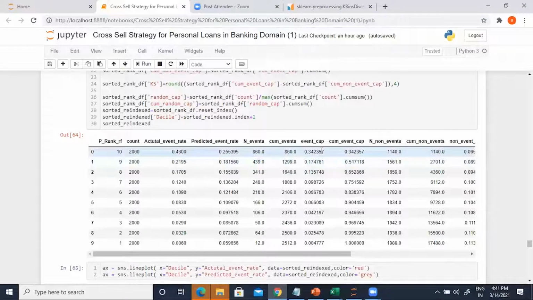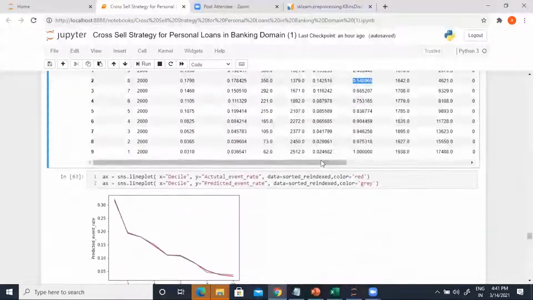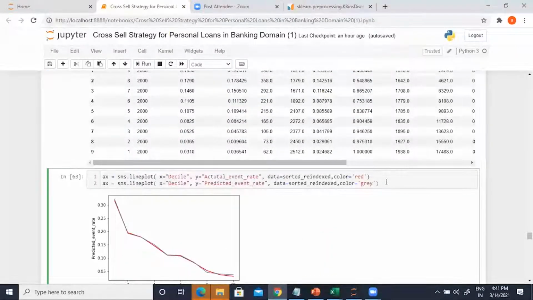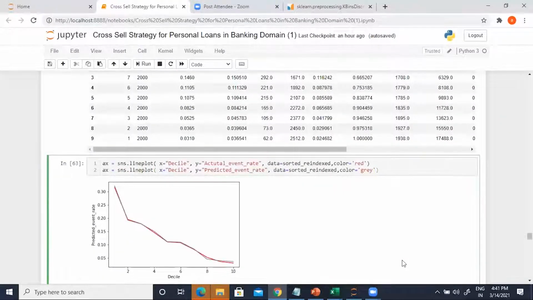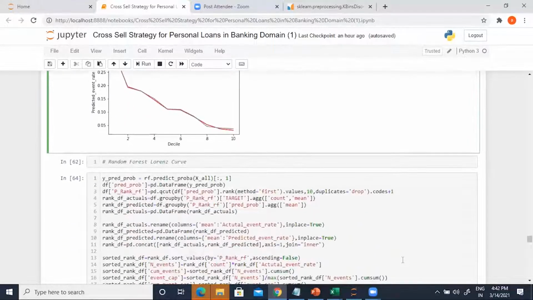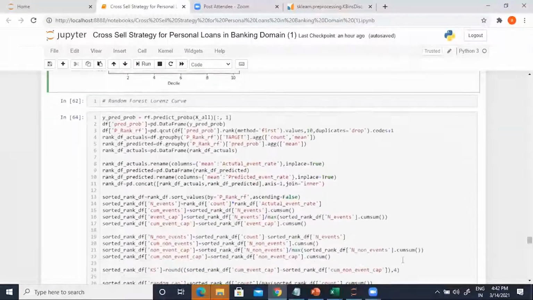So, Aritra, I am getting an error while plotting the graph. Don't mind the graph. You can ignore the graph for now. Let's work with the tables. You're not getting any error with the tables, no? No, I am not getting any error on tables. Okay, so the graph is just for illustration purposes. We don't have to look at the graph to decide which model is good, but we need the table. The table you're getting, correct? Yes. Okay, awesome. So let's have a look at the random forest curve.